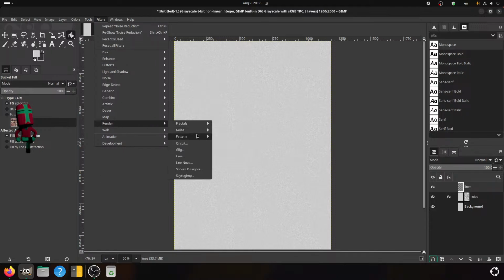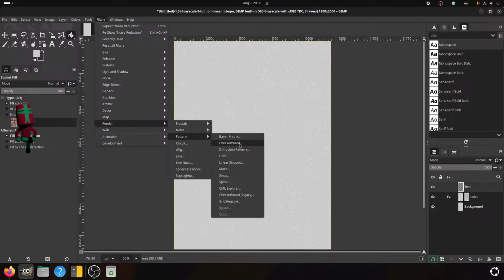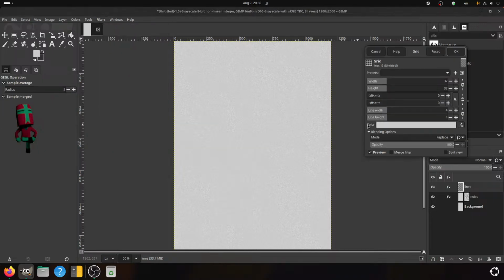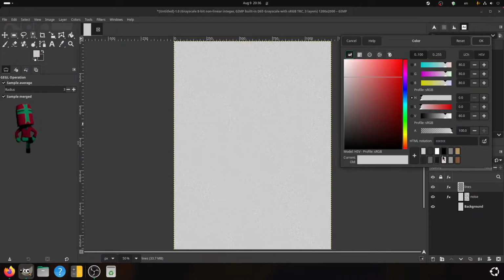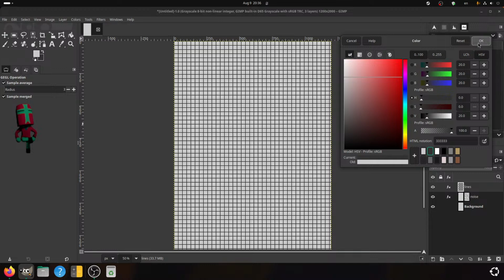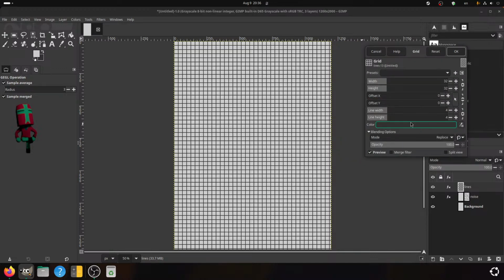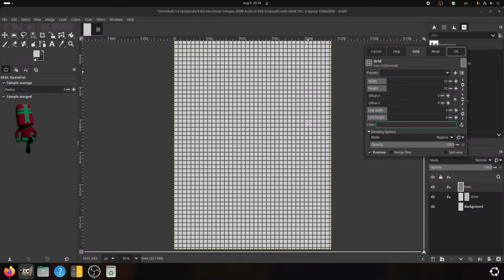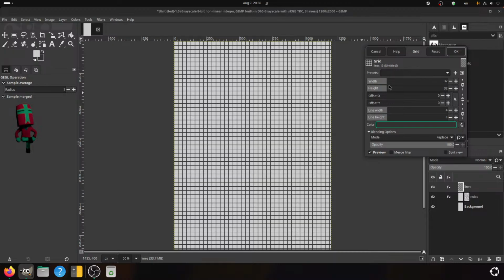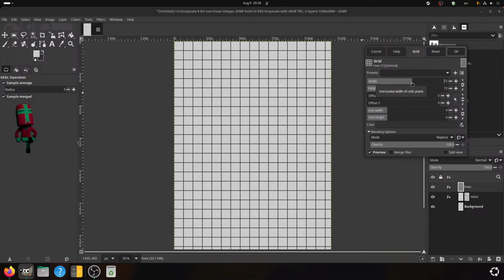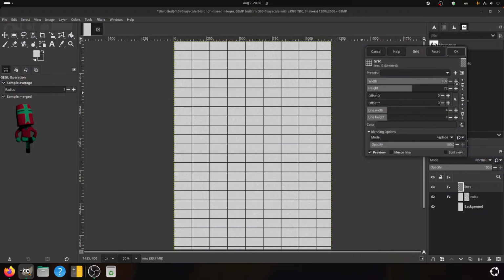Filters, render, pattern, grid, color, hue, width and height. The width, okay, not together.